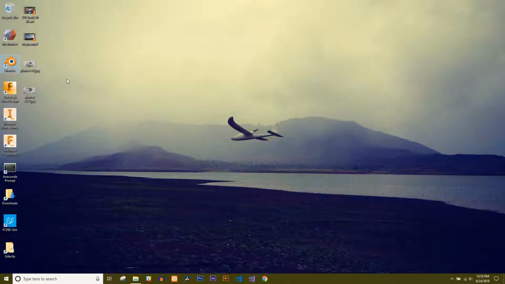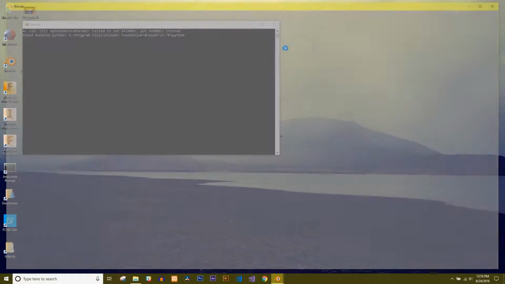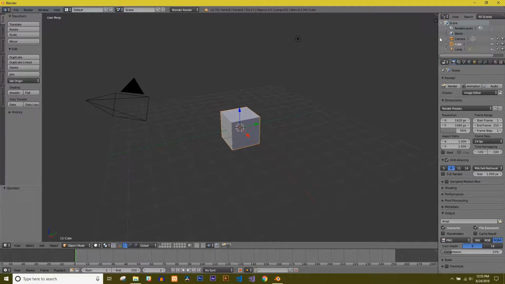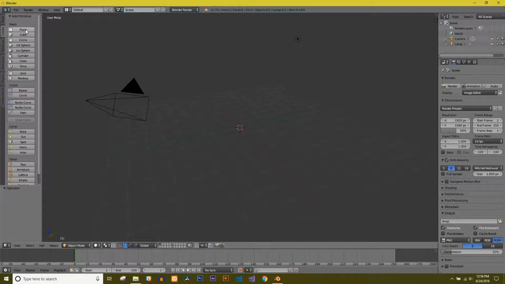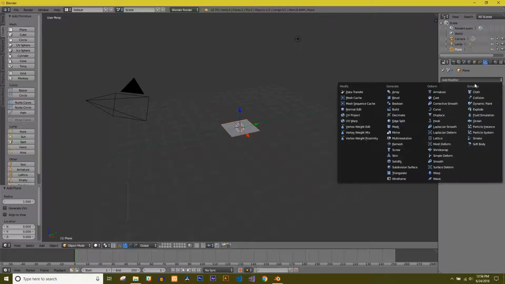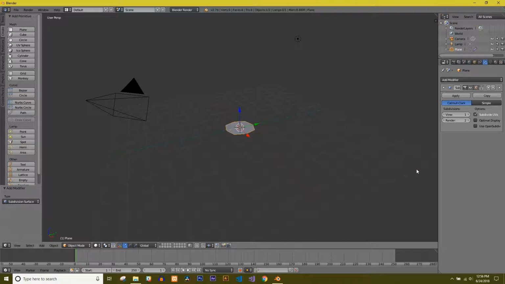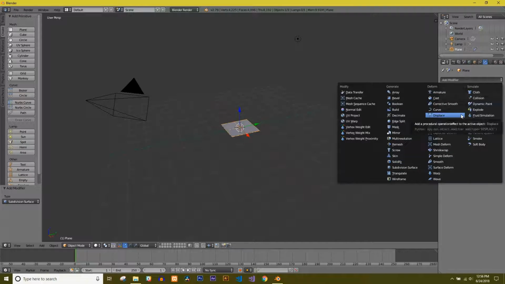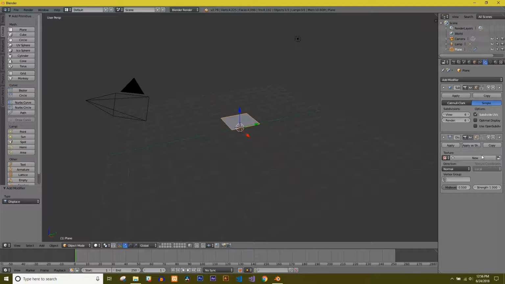Once we fire up the Blender, we'll see the home screen being populated with a cube. We are going to delete that cube and create a plane instead. From the left panel, create a plane, and then we're going to add a modifier. The first one we're going to add is a subdivision surface, and we'll change it to a simple subdivision surface. We'll change the view and the render settings to 6. We'll later change this to 7, and we'll also add another modifier,